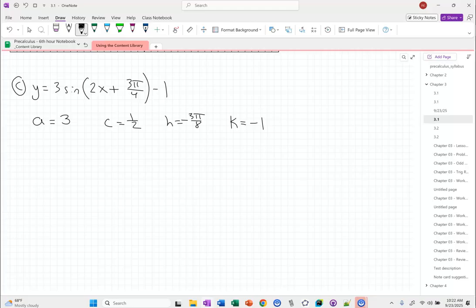Why was it negative? In the general form, it's x minus h. So H is always like the opposite side. And then your K is just